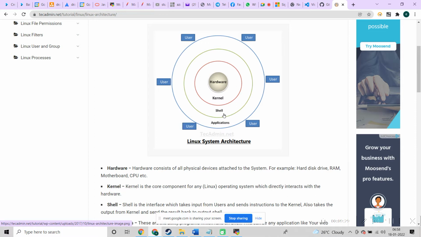Once your softwares are installed, let me know. I want to tell you one more thing: Linux is open source, but there are a few vendors, meaning companies.